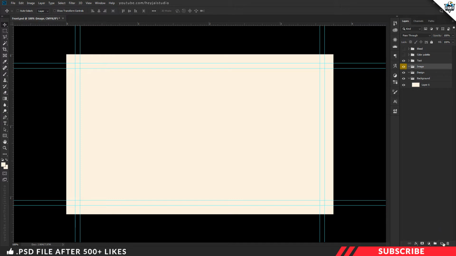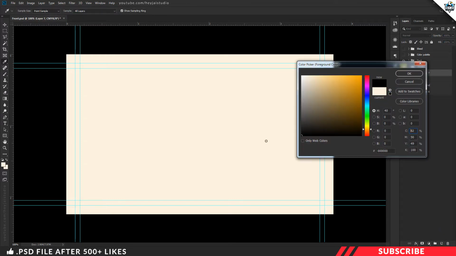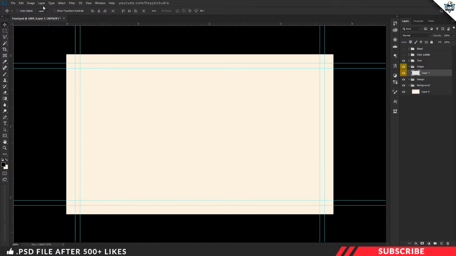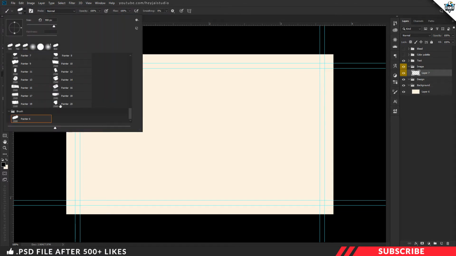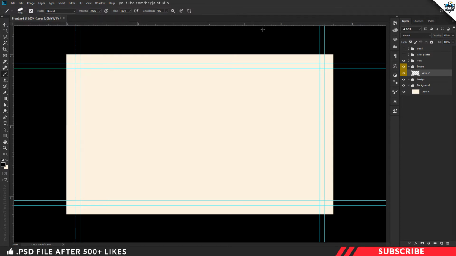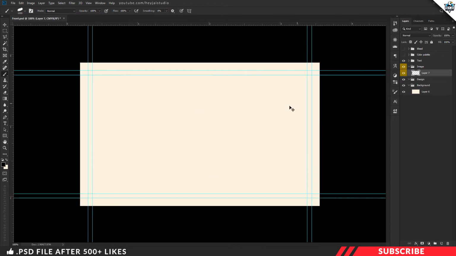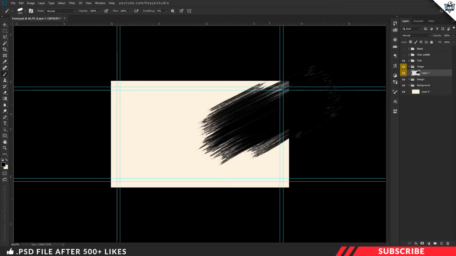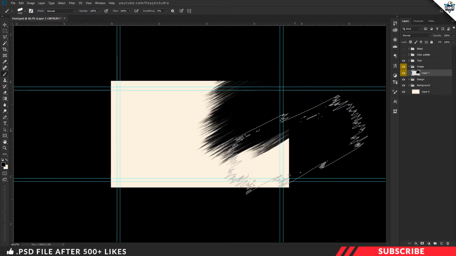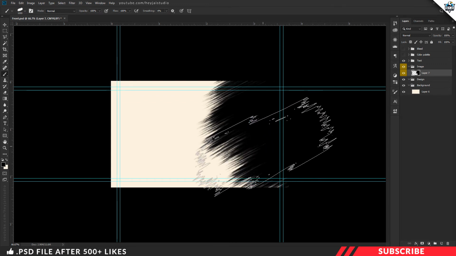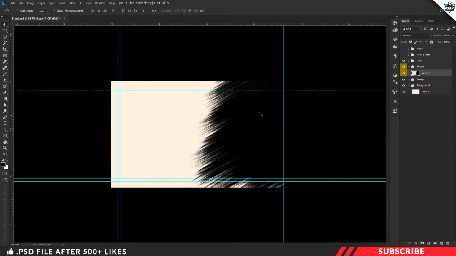Now go to image group, create a layer. Now go to color picker, pick black color. Now pick the brush tool. Now I'm going to select the newly installed brush. This one, paint brush. Fine. Now reduce the brush size. Next I'm going to give few clicks to create an image placeholder like so. Yes, this shape is going to act as our image placeholder.